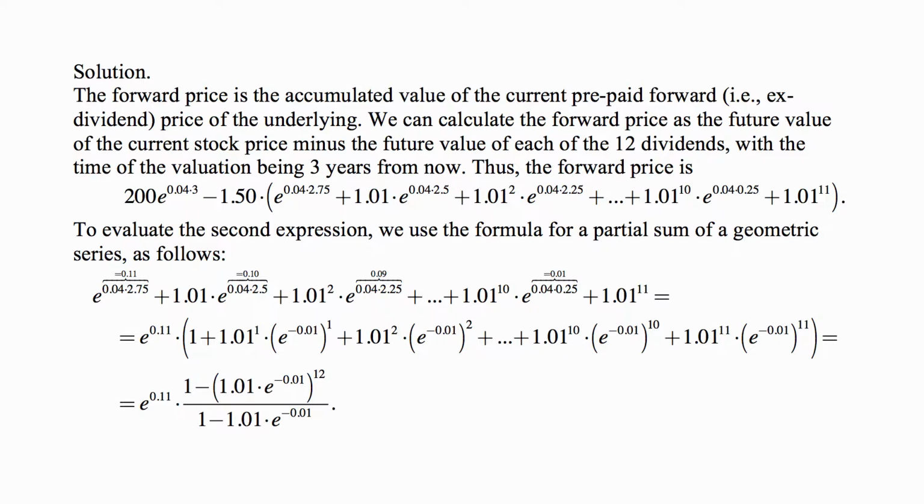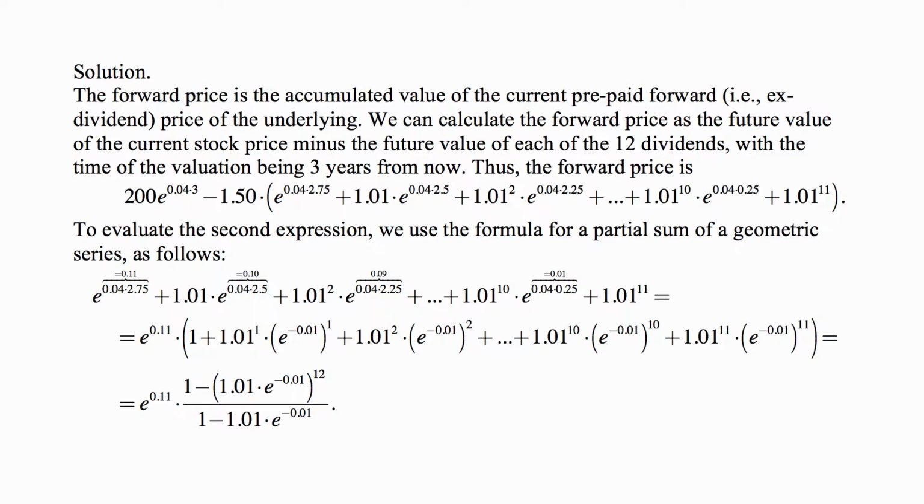Now, to evaluate the second expression, we use the formula for a partial sum of a geometric series. So we write this as e to the 0.11 times 1 plus 1.01 to the first times e to the minus 0.01 to the first, and then 1.01 squared times e to the minus 0.01 squared, and so on. So we see it's the same expression to the powers from 0 power to the 11th power,